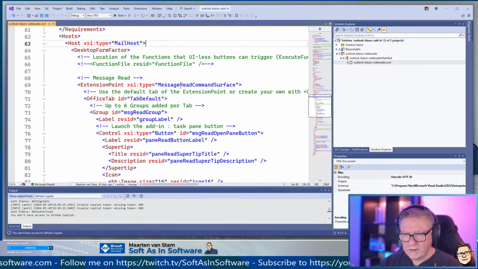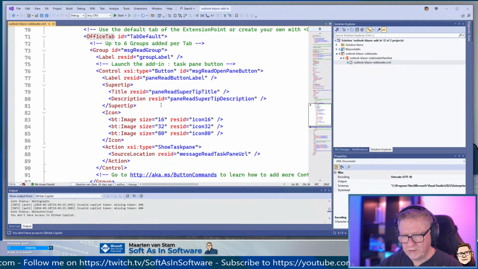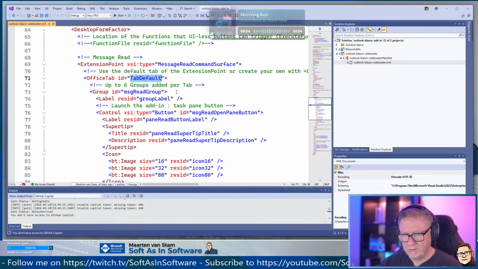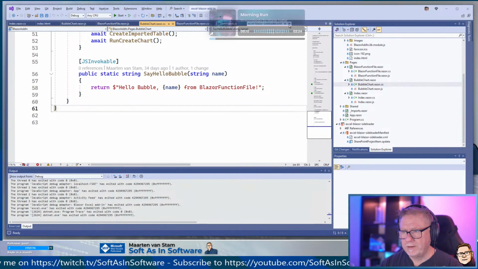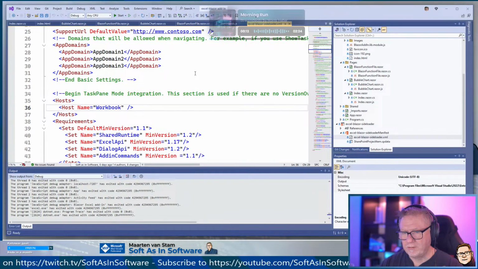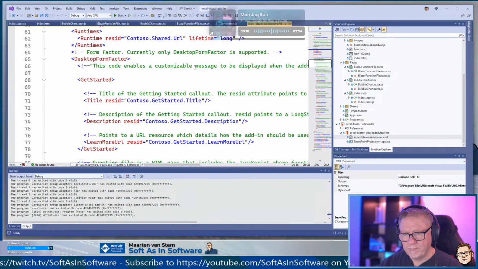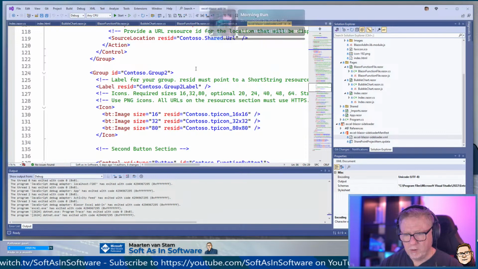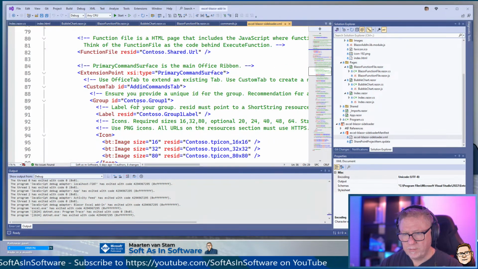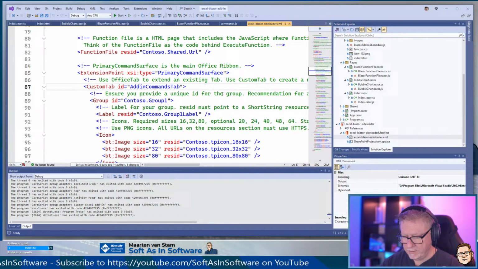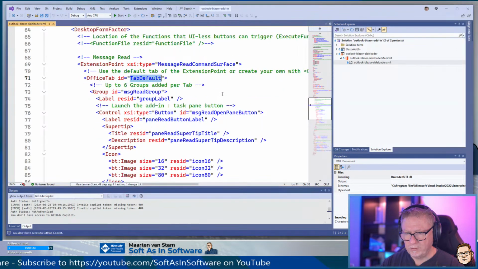So to get things in your own ribbon group, you need to change not the Office tab. Office tab means you get a default one. So if you look at the XML file and look at the ribbon item there, we're starting the groups. Here's a group, custom tab there. You need to change the default Office tab to custom tab,